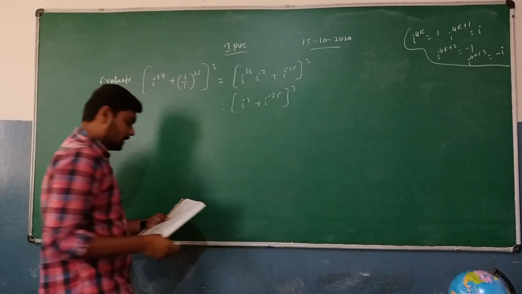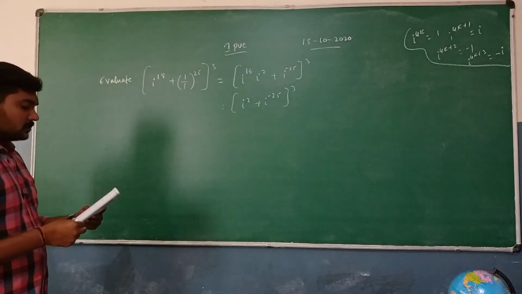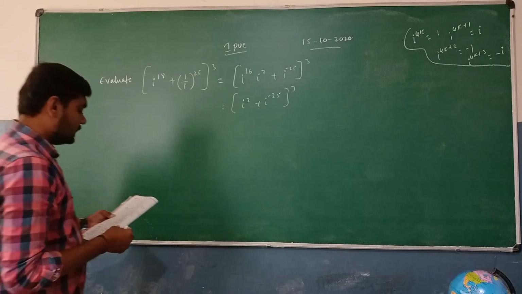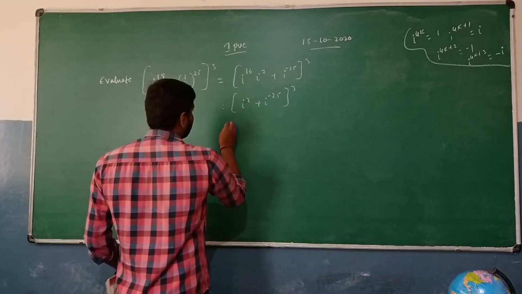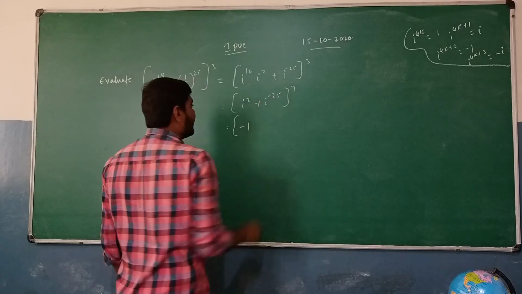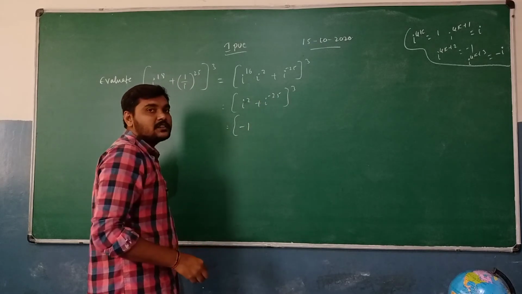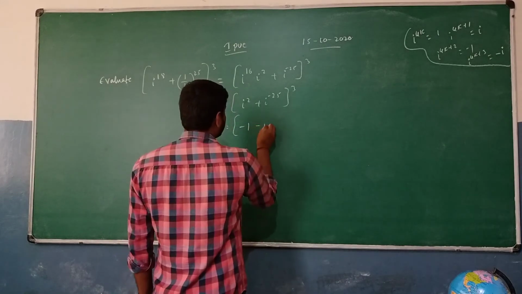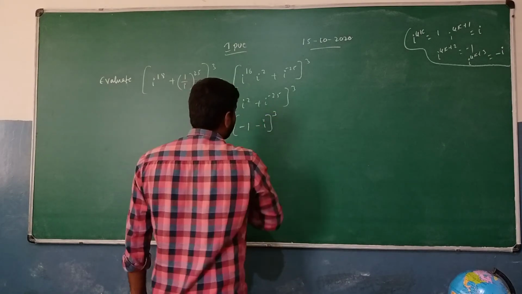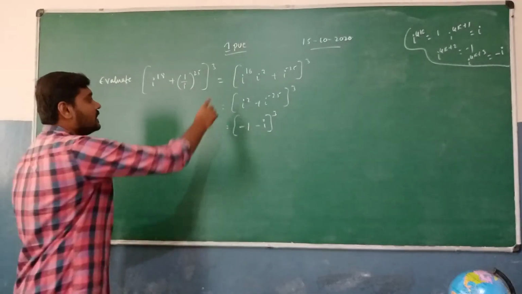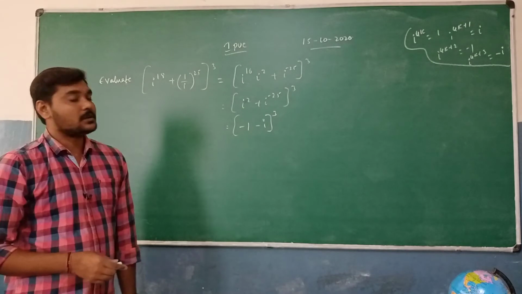So I square is going to be equal to minus 1, and I to the power minus 25 whole to the power 3. What is the value of I to the power 2? That's going to be minus 1. Then what is the value of I to the power minus 25? We have already discussed this; I to the power minus 25 can be written as minus I, so minus I whole to the power 3. You need to check how minus I came: I to the power minus 25, whole to the power 3.